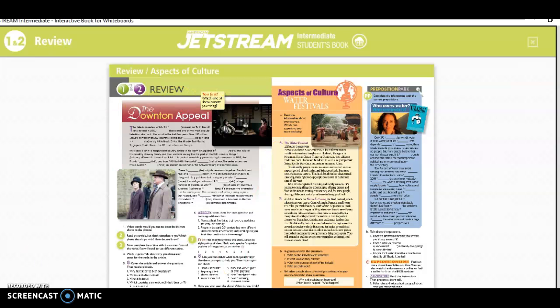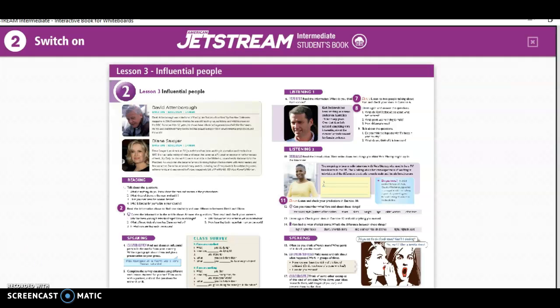And that will be all for Unit 2. In Lesson 3, we don't have grammar. We have reading,